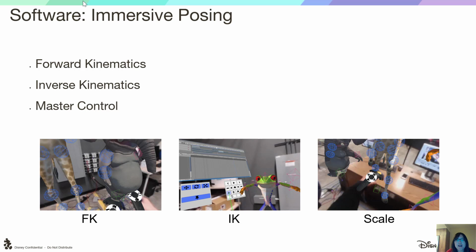Inverse kinematics is mainly for aiming where the pose is going to be, for example, in the case of the middle figure, making the frog look at the target, which uses inverse kinematics. And lastly, the master control, which has